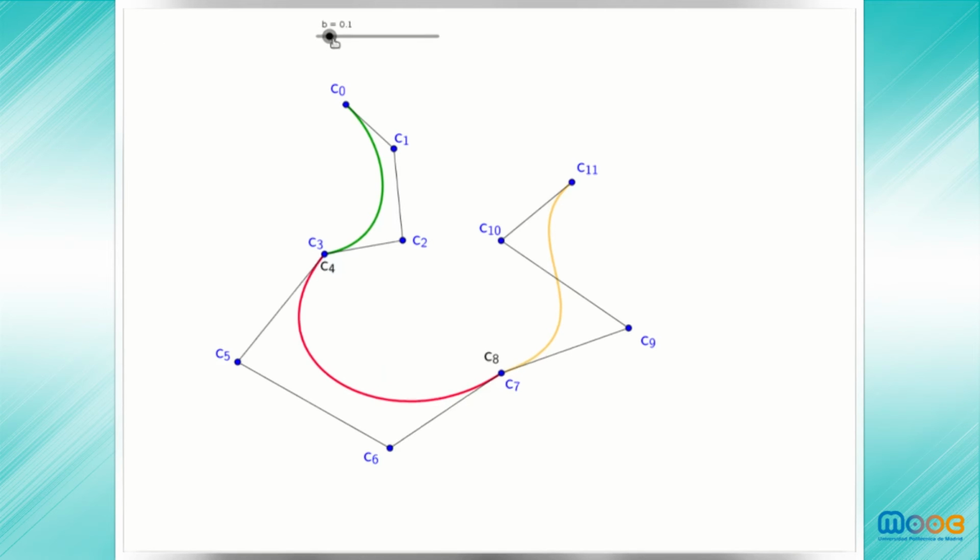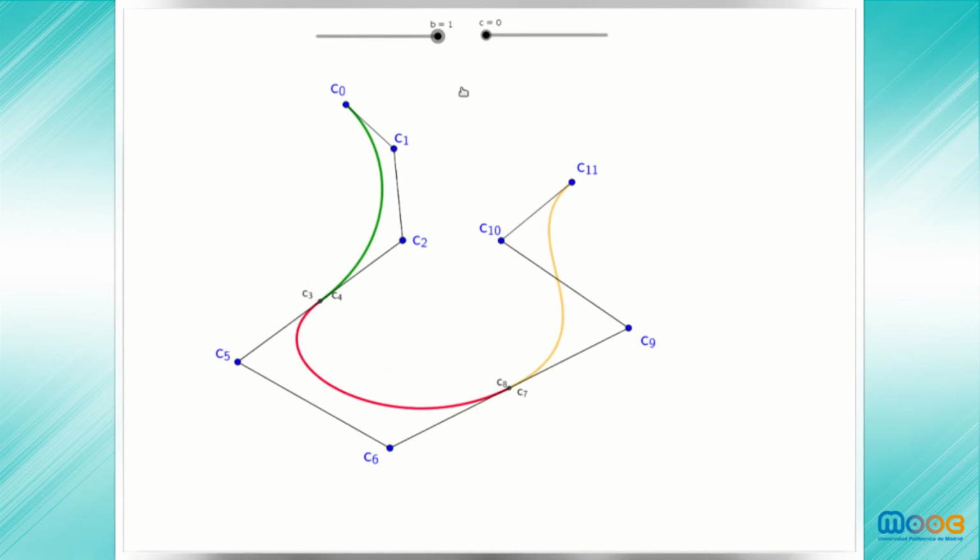This curve is continuous, but it's not smooth. We smooth it out by moving the slider B. And again, at every joint, the vertex C3 in this case and the vertex C7 are not free to be moved. Their position depends, in the first case, on the vertices C5 and C2 for C3, and for C8 on C6 and C9. So the position depends on these vertices. So again, only the vertices in blue are free to be moved.